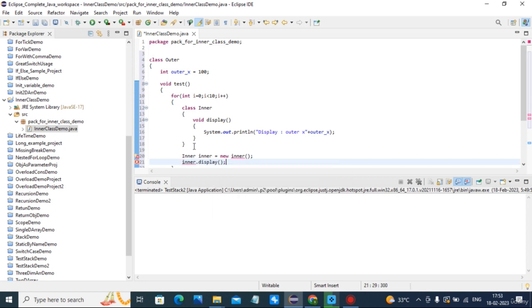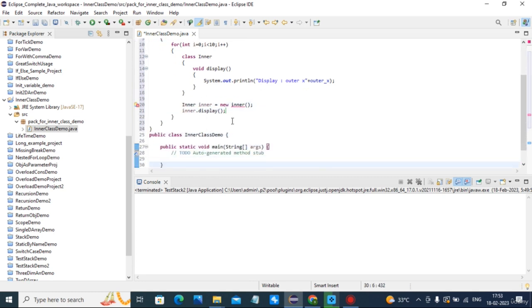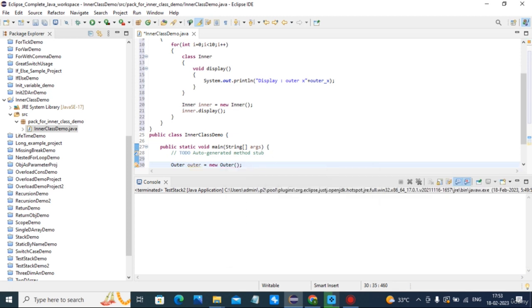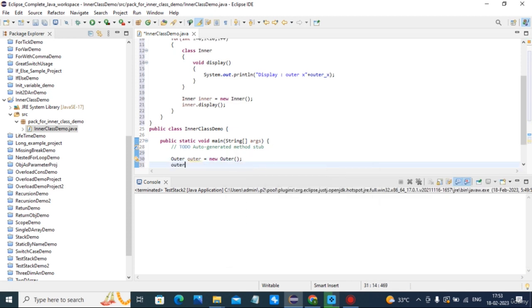Dot display. Then in class inner class demo, we are creating outer is equal to new outer, and then outer dot test.